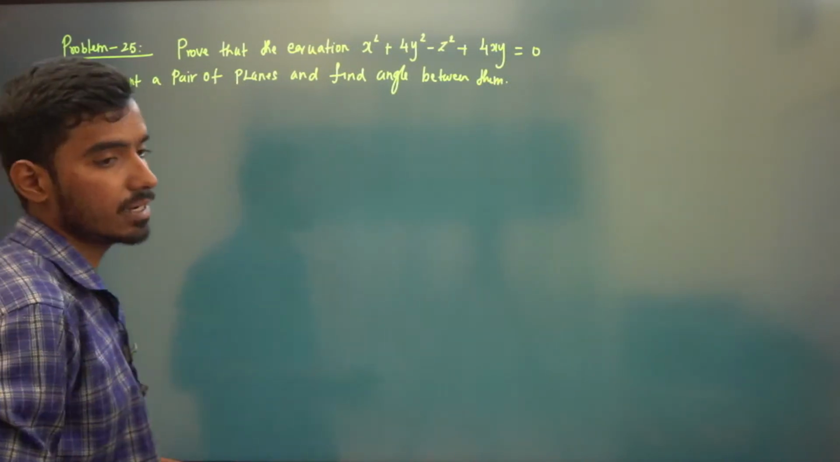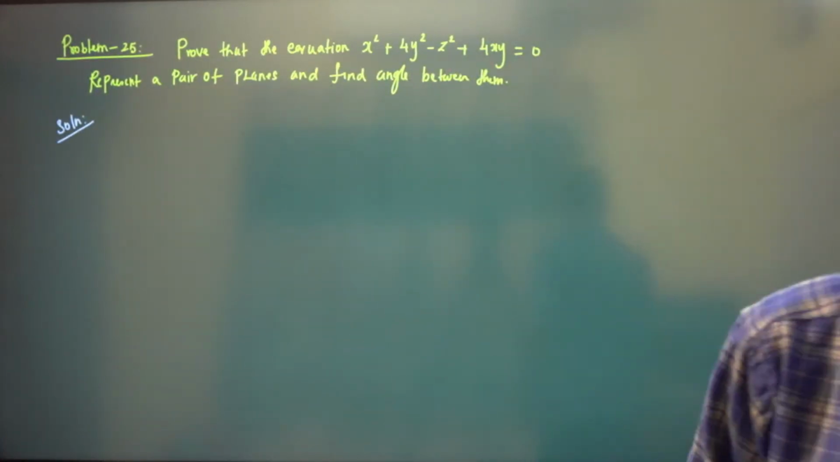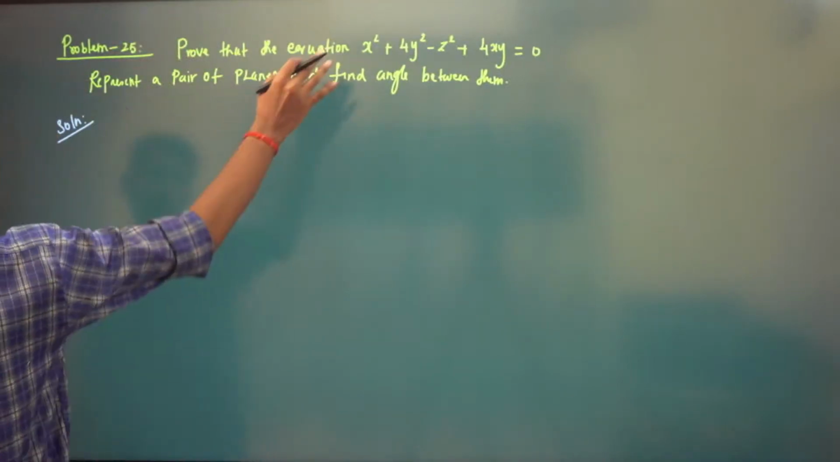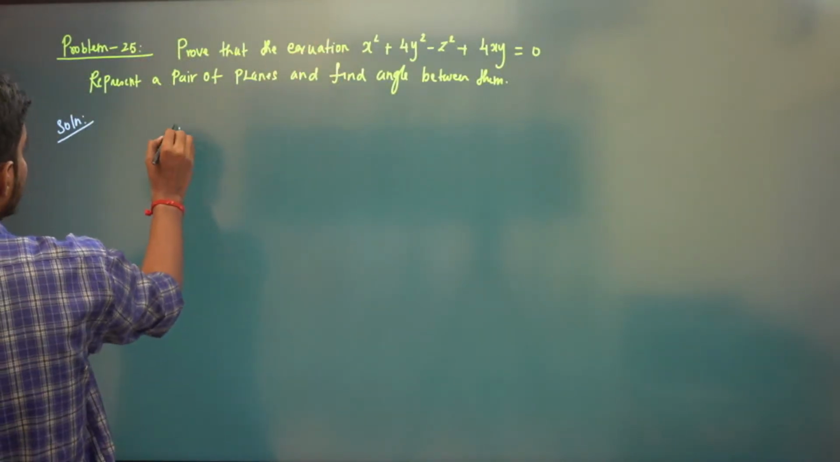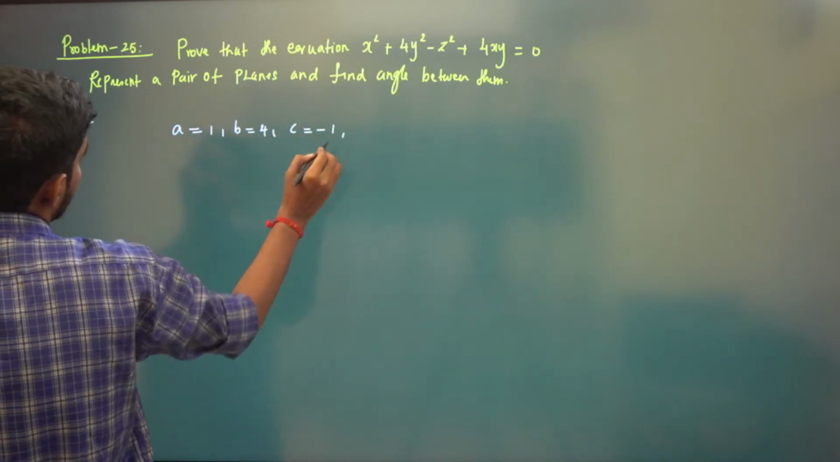So they have given the second degree homogeneous equation. You need to show that it represents a pair of planes and find the angle between them. So compare this with the general equation. So we have a is equal to 1, b is equal to 4, c is equal to minus 1,